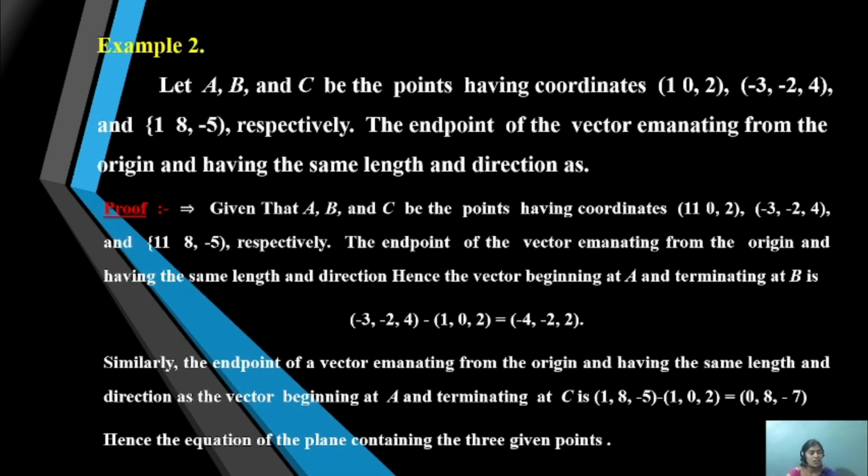This is the formula or method for solving the beginning point as well as the terminating point: the terminating point minus the beginning point gives the same direction and origin of the emanating form. This is the three examples generated with the points, that is the coordinate points A, B, C, and generating